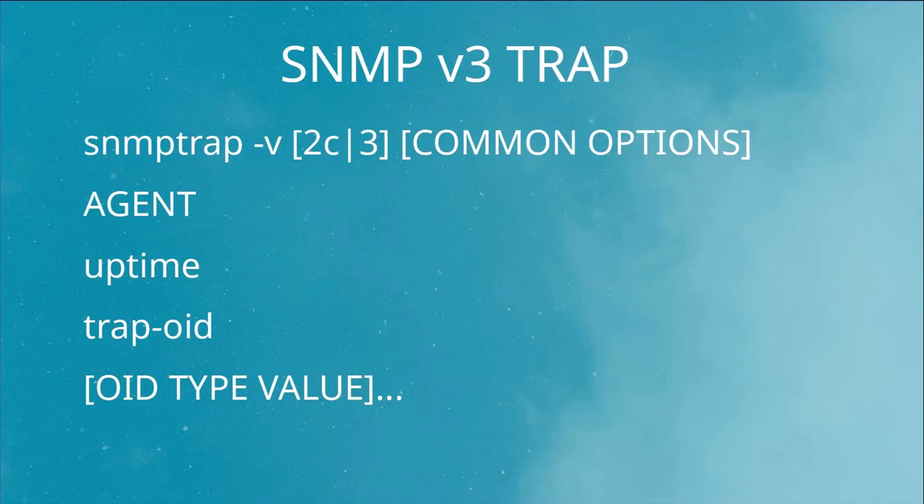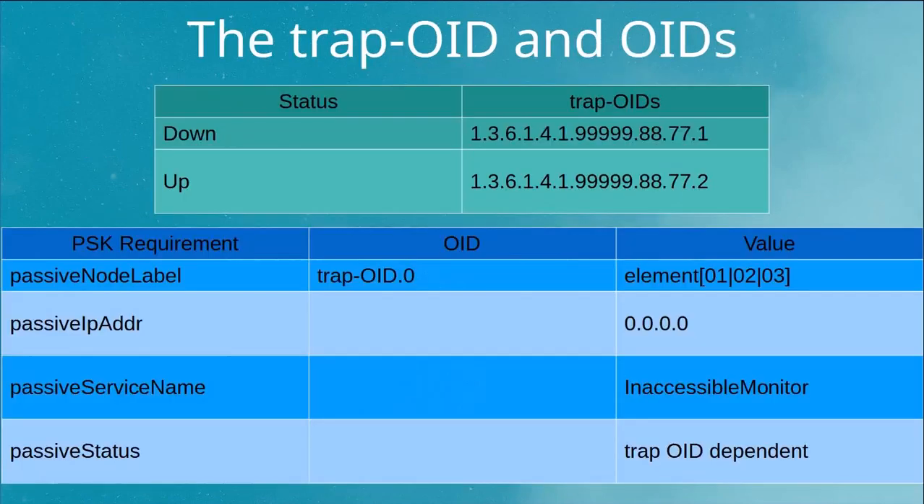192.168.159.105:10162. The uptime is given with 2 single quotes. The trap OID for a downed element will be 1.3.6.1.4.1.99999.88.77.1. The trap OID for an upped element will be 1.3.6.1.4.1.99999.88.77.2. The OID type value for the passive node label will be